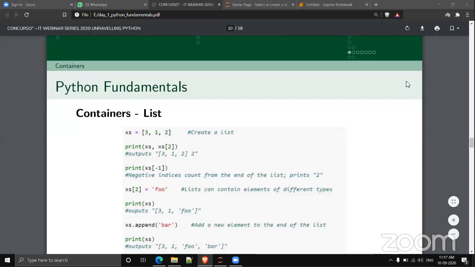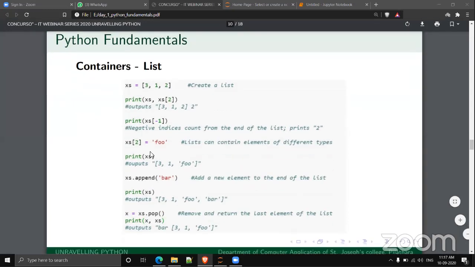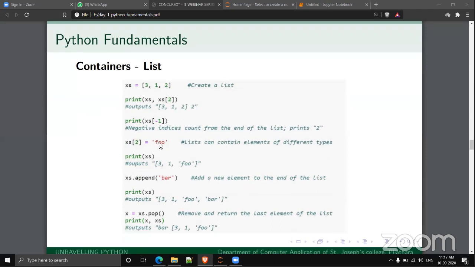Again, we can initialize or replace an element at a particular position using the assignment operation. At the second position, we have the element 2, and we are replacing that element with the string foo. After replacing this, on printing XS, you can see the elements 3, 1, and foo.